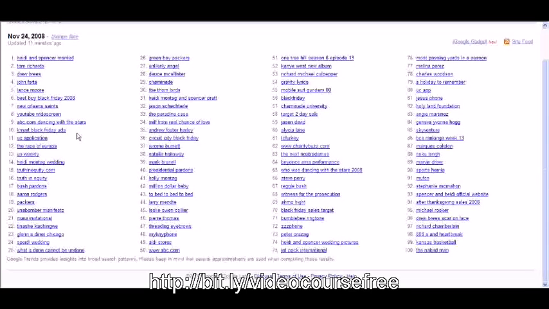So what you do here, once you're on this page, is just look through some of the hot trends of the day. So what I like to look for is phrases that relate to sporting events, music, lyrics, and songs. They relate to items that people buy on a day-to-day basis. So sporting events and Green Bay Packers and football players, those relate to products people buy like jerseys and sports memorabilia and stuff like that.